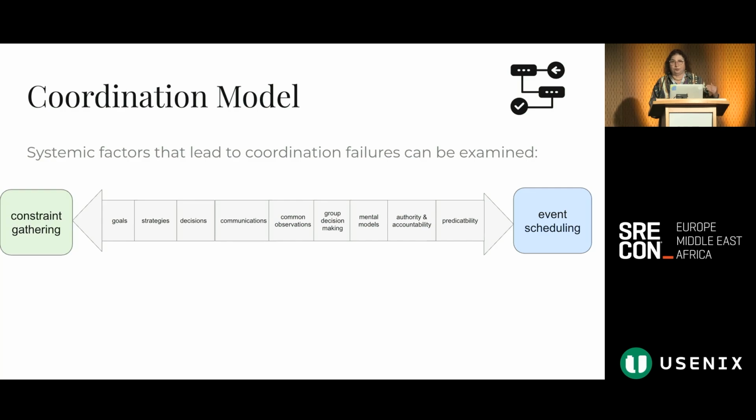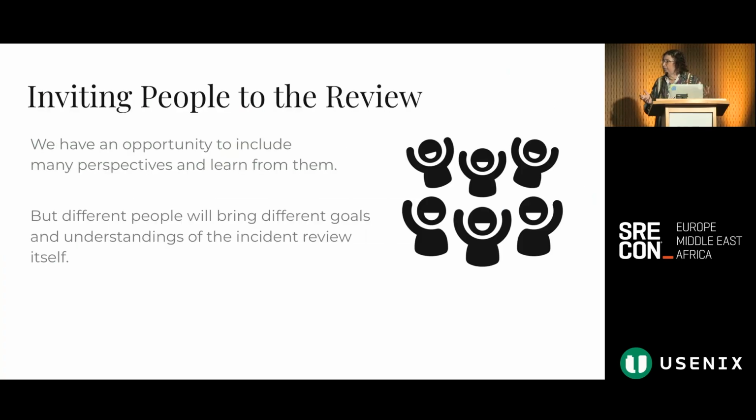I'm skimming over the surface of a lot of material here, but I'm going to turn to the question of inviting people to the review. One of the features of this incident was that it drew groups together from widely across the organization. The ops team and the network maintenance team work in their little bubble compared to the sales and customer support people, who often aren't even aware of what's involved in each other's jobs.